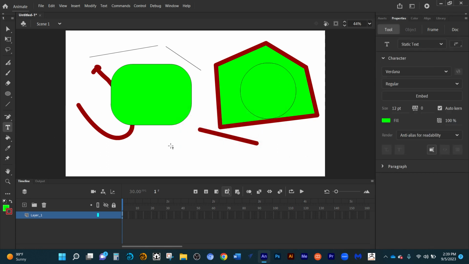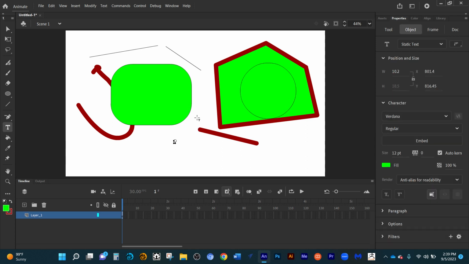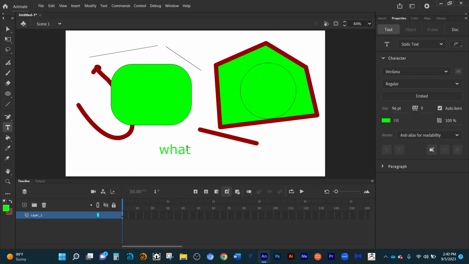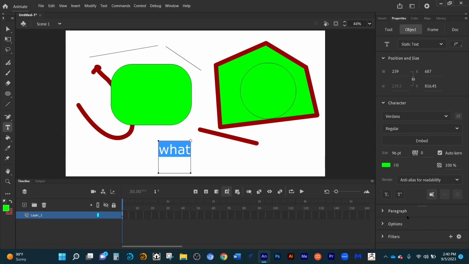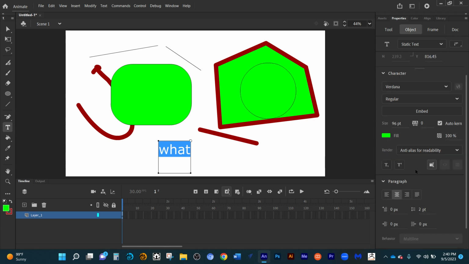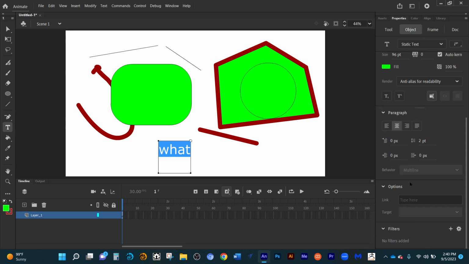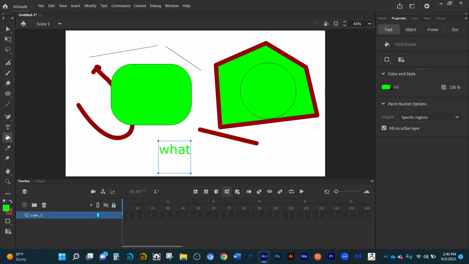Text tool is a simple text tool. In this also you have paragraph options, what you normally get. Filters and all. So I'm not going to go into much detail. It's similar to Illustrator. You can fill in with the